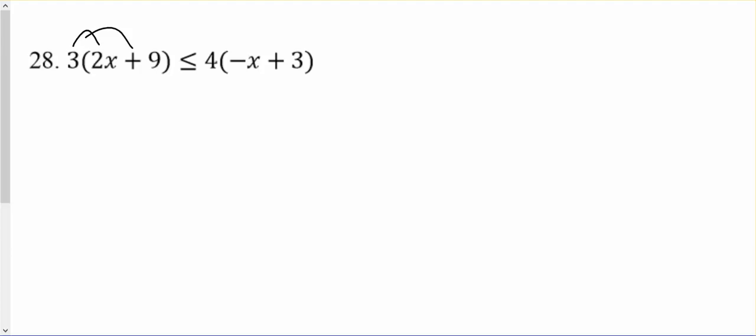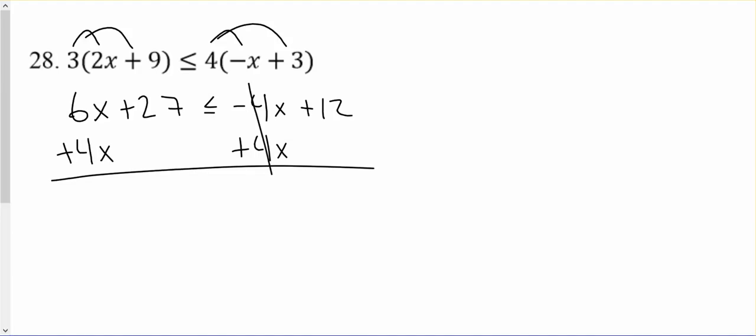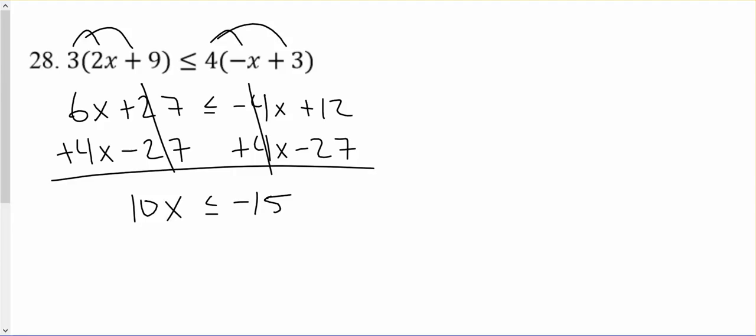28, distribute, 6x plus 27, less than or equal to, distribute again, negative 4x plus 12. Let's get our x's on the left, so we'll add 4x. Add 4x if we're putting our variable on the left. Let's get our constants on the right, so we'll subtract 27 from both sides. We'll get 10x less than or equal to 12 minus 27 is negative 15. Divide by 10. X is less than or equal to what